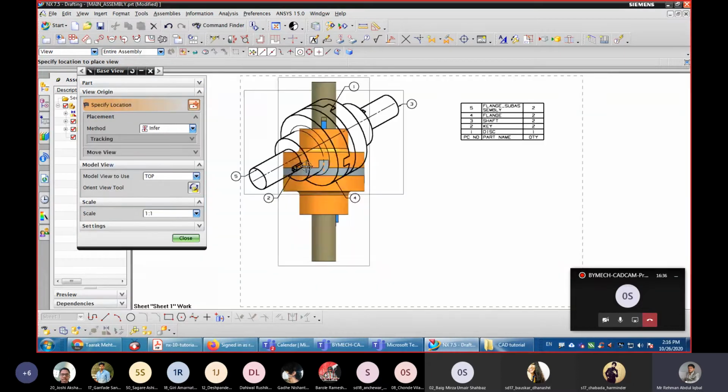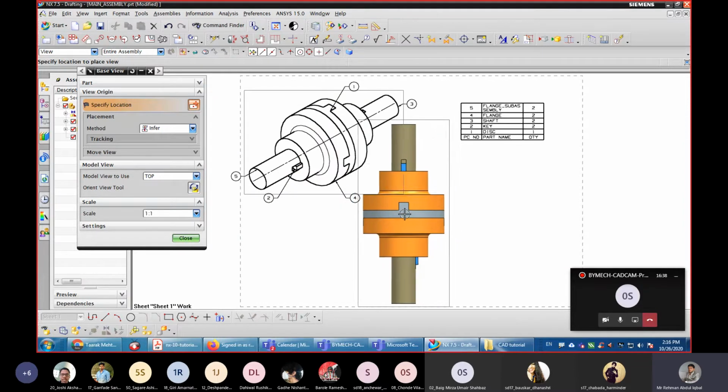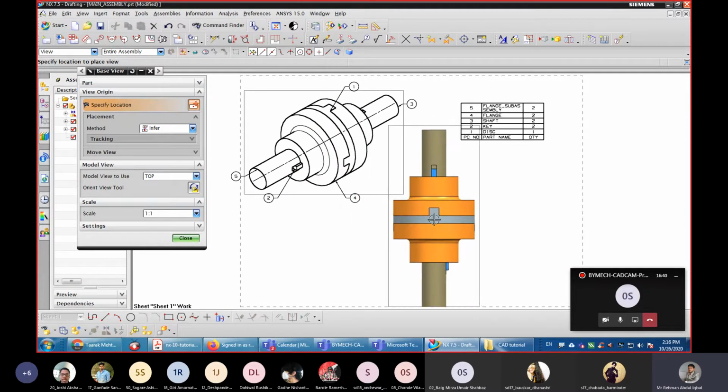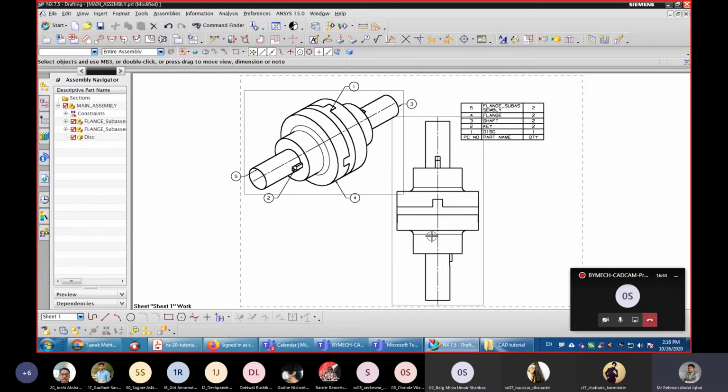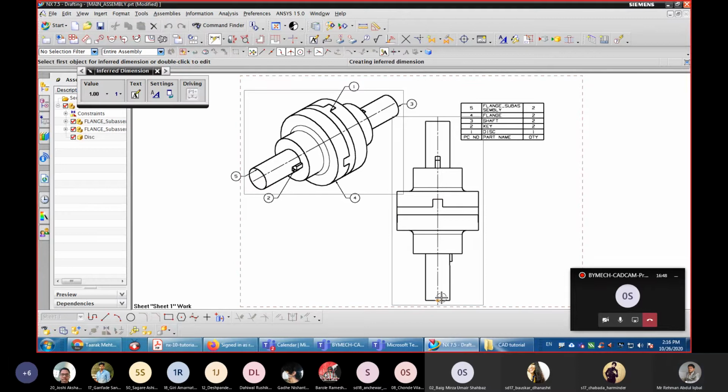I'll just place it here, and again you can give the dimensions like this.